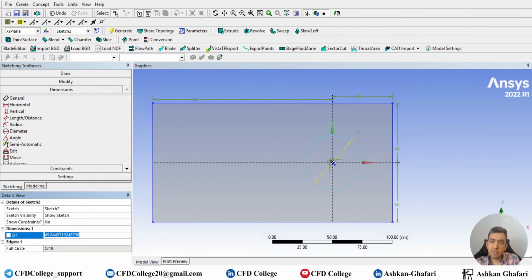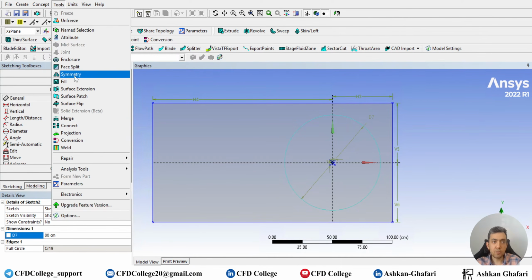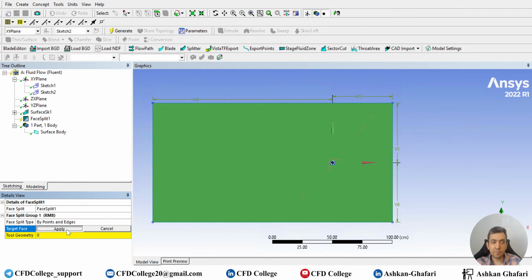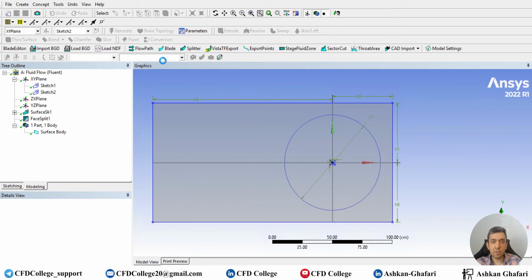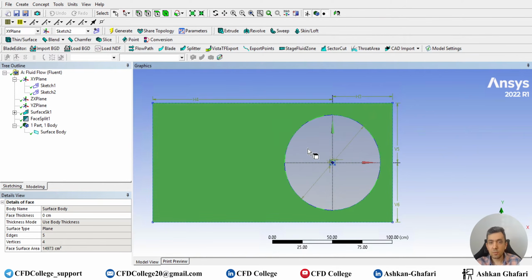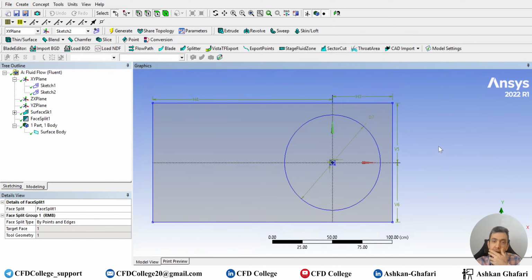But let's say 50. So 50 is perfect, I think. Or let's increase it to 80. Yeah, that's better. And now we can use face split to split this domain into two zones. So now, since I want to generate a structured mesh, I need